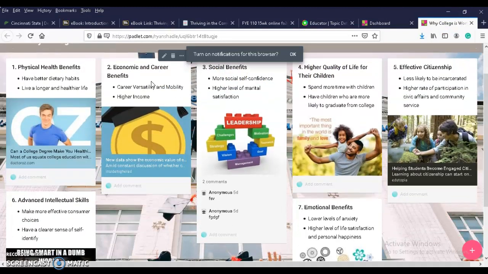I made this as an example, so you can log in and look at this link example. And so here's how I ranked the reasons for going to college. I chose 2 bullet points for each one. And then I either embedded a link to an article.